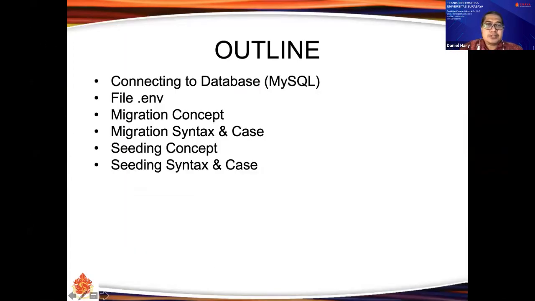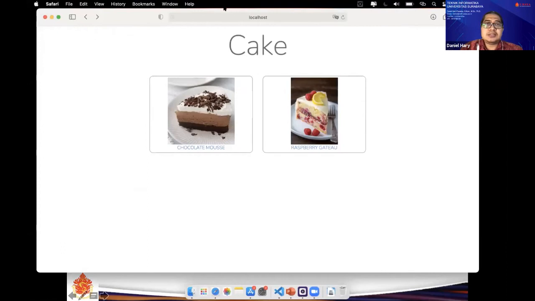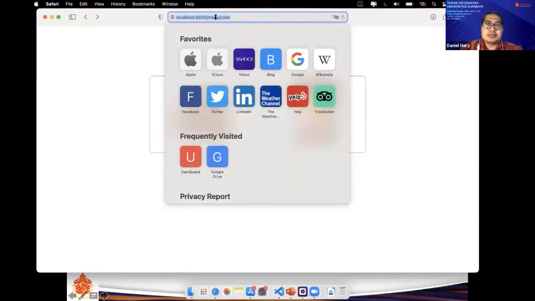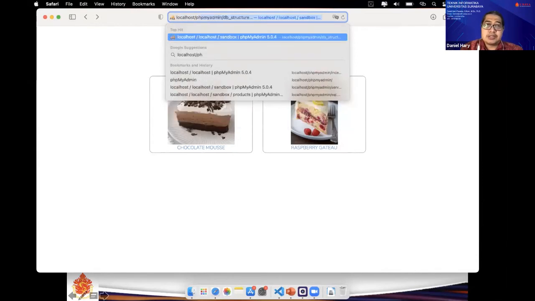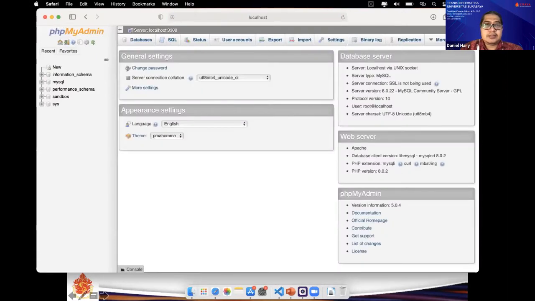Okay, first we have to prepare our MySQL. So please open your MySQL first. Usually it uses localhost/phpmyadmin. Okay, make sure you know your username and your password.